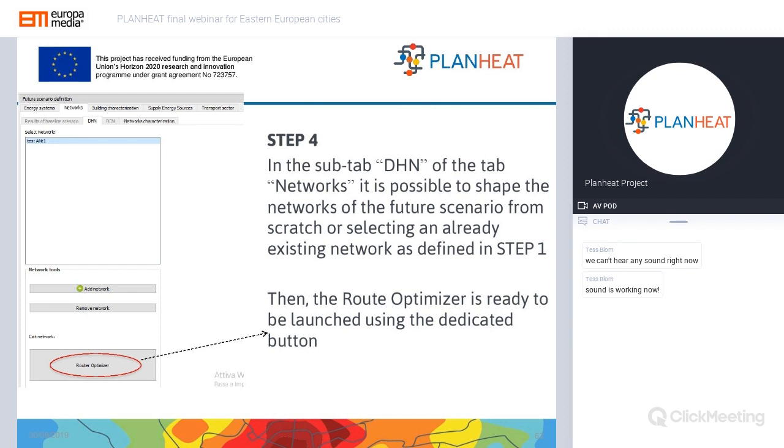At this stage, the end user is also able to optimize the routing of new or existing DHCN via the DHC Route Optimizer. The objective of the optimizer is to provide an optimized district heating network pipe design in terms of diameter and routing and also length, and to identify the new consumer buildings to connect during the future scenario creation, and also the